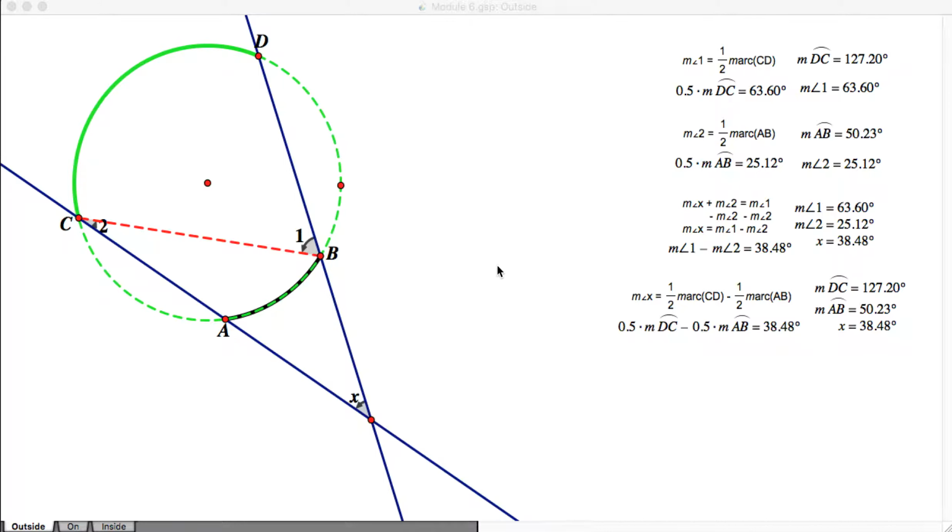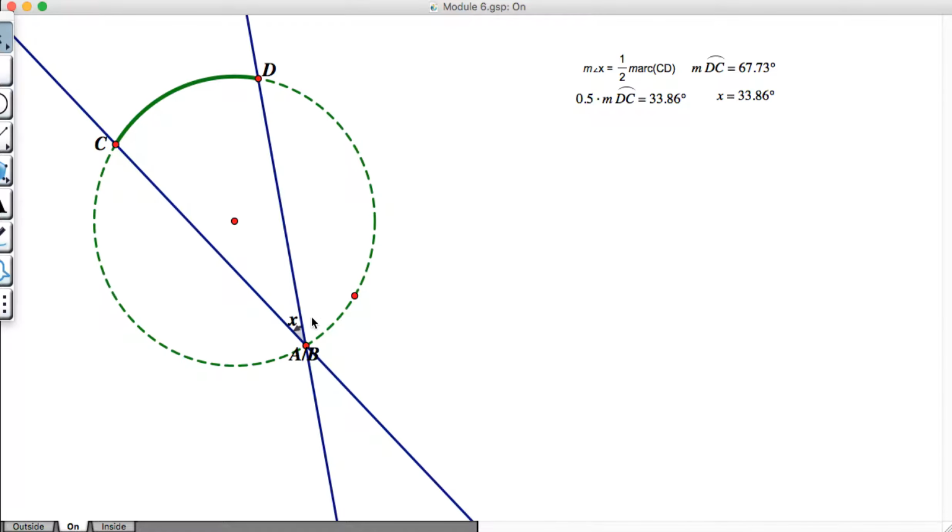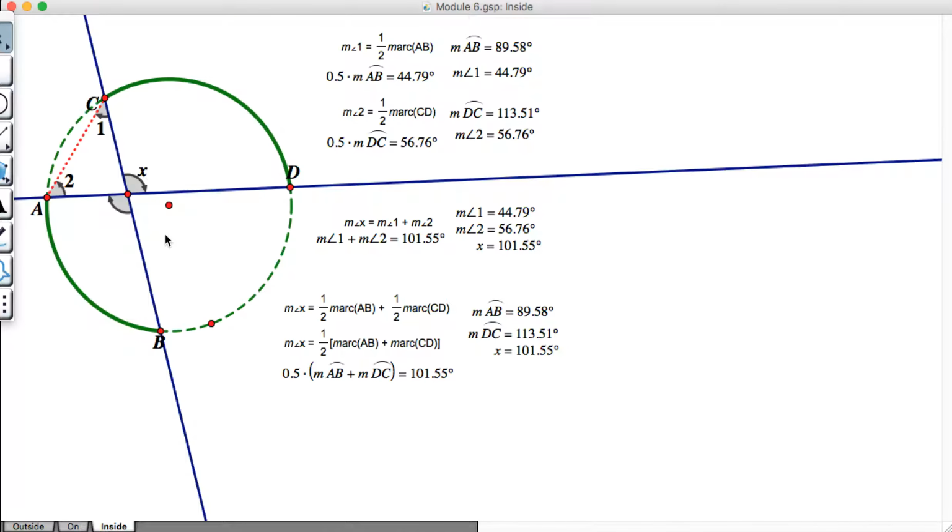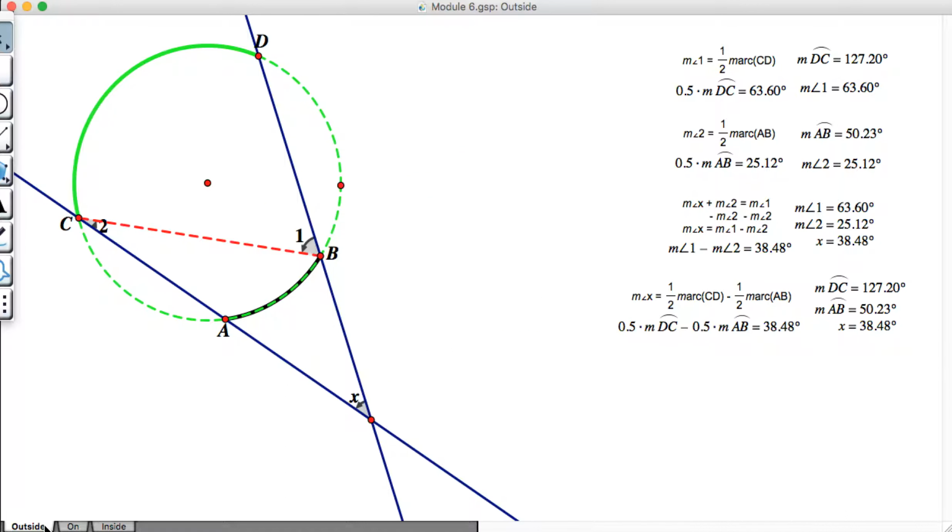For my video, I decided to work on the different intersecting lines. So I have when they intersect on the outside, when we have two secant lines that intersect on the circle, and then two secant lines that intersect inside the circle. I think that if I were to do this with my students, first I would just give